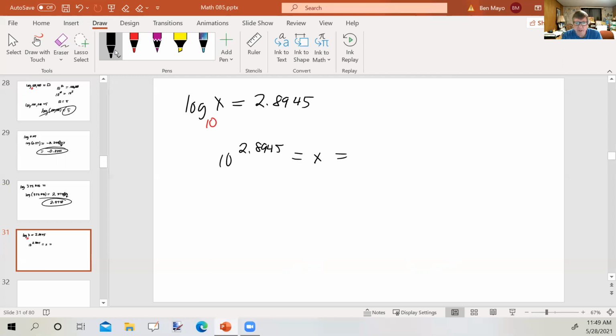Now, where am I going to access 10 on my calculator and raise it to a power? There's a couple of different ways. I can just put in a normal 10, and then I can use the little caret key, and then put in the exponent 2.8945,